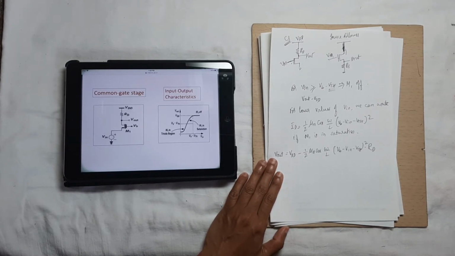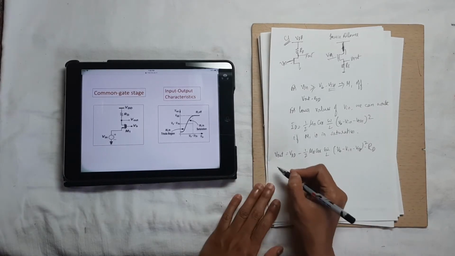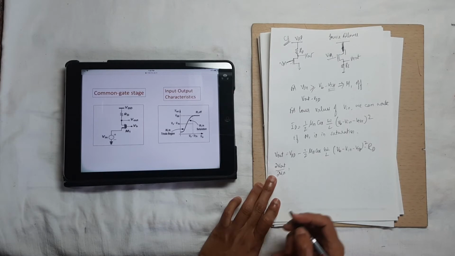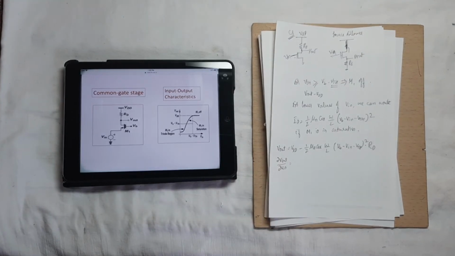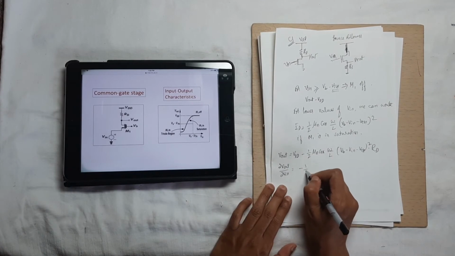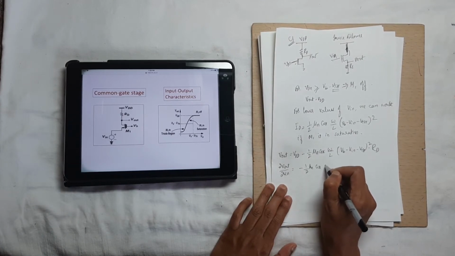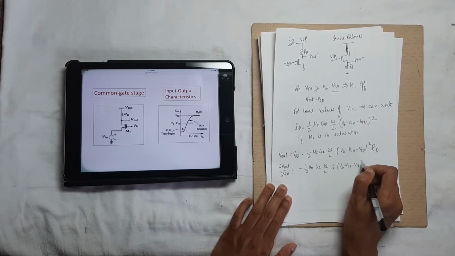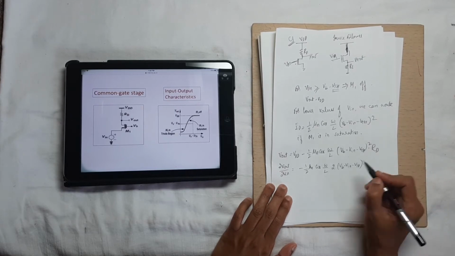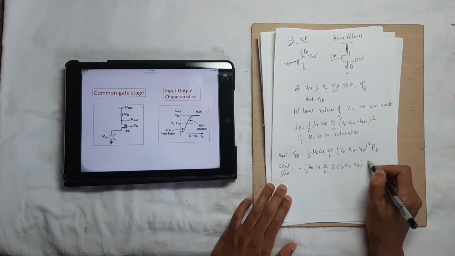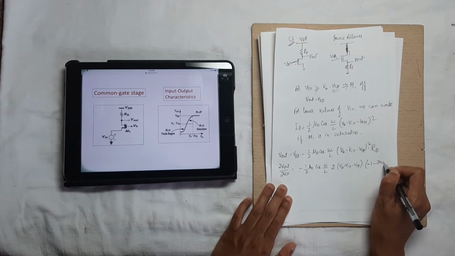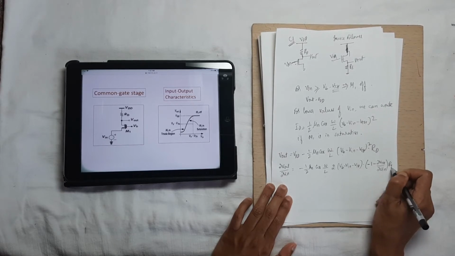Now, how do we obtain the small signal gain? We obtain the small signal gain by differentiating this with respect to Vin. Dou Vout by dou Vin is equal to, VDD at least is 0, minus half mu n Cox W by L, 2 times VB minus Vin minus VTH, into the differentiation of VB is 0, the differentiation of Vin is minus 1, minus dou VTH by dou Vin, multiplied by RD.